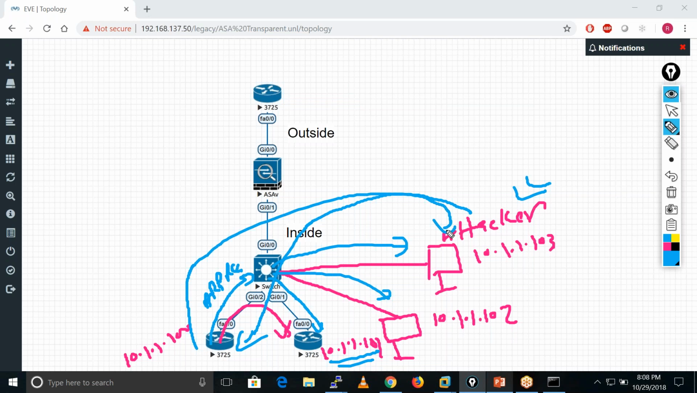Okay, so that kind of attack is also prevented by our firewall. Our firewall protects us in such kinds of cases. Okay, it basically supports that ARP inspection. Okay,